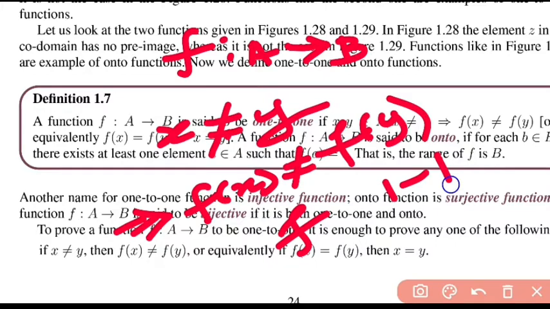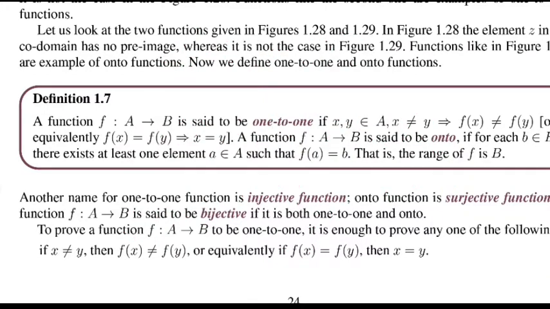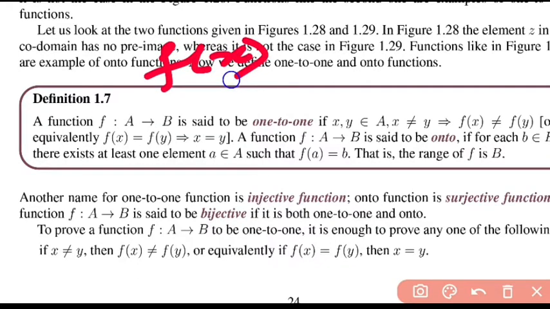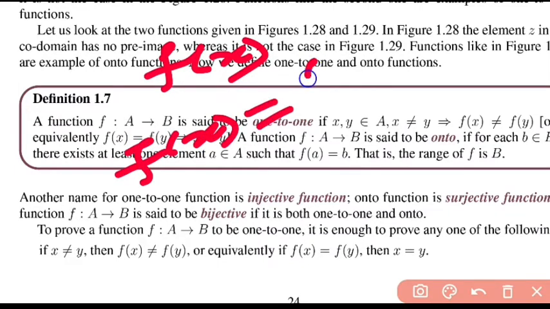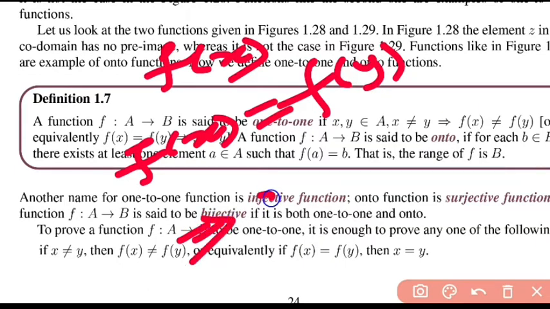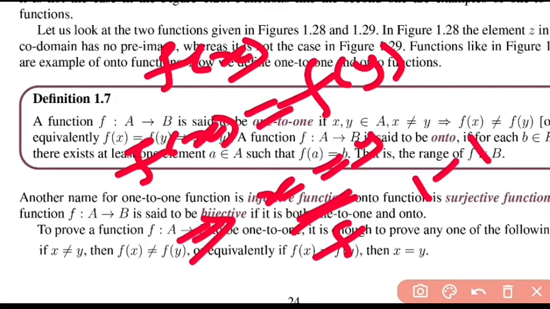Suppose in the question itself they give the function. So if the function is given, with the f of x value given, we assume that f of x equal to f of y. Then to prove that x equal to y. If x equal to y, we get the answer. Then f is a one-to-one function.